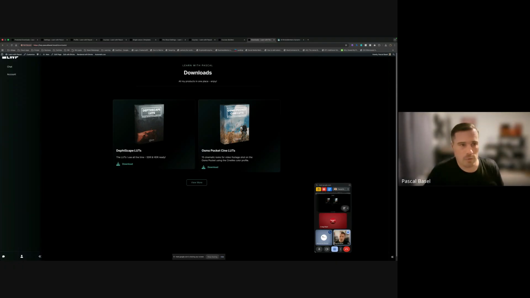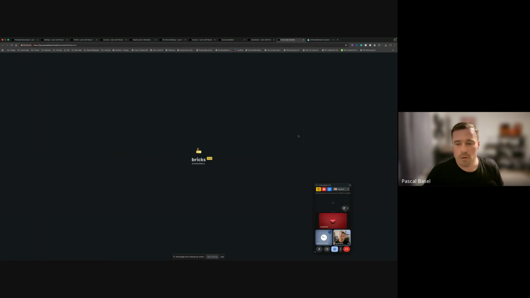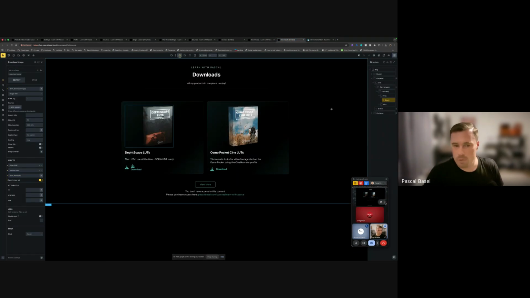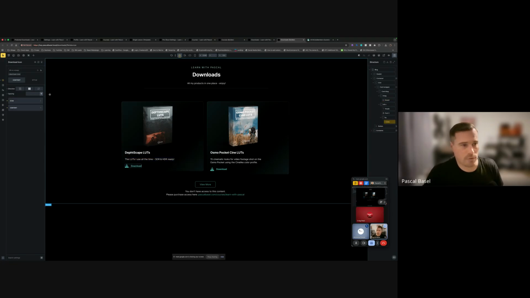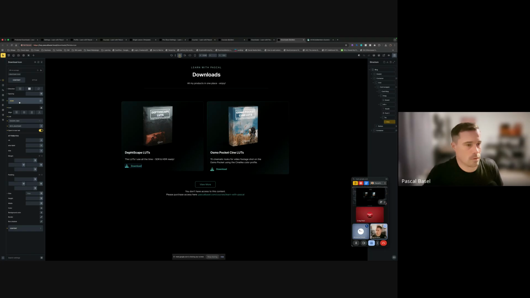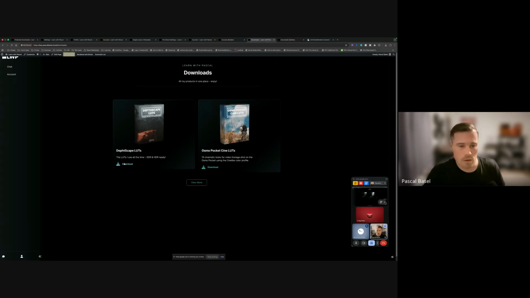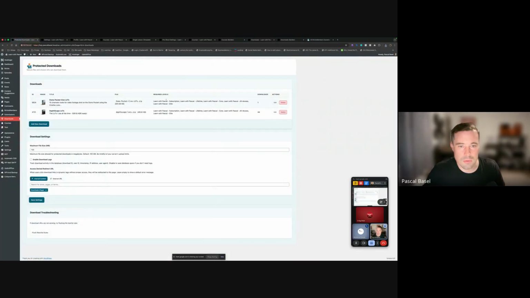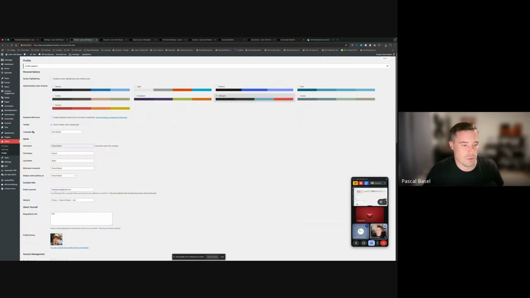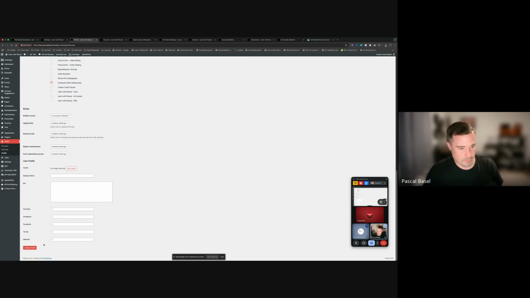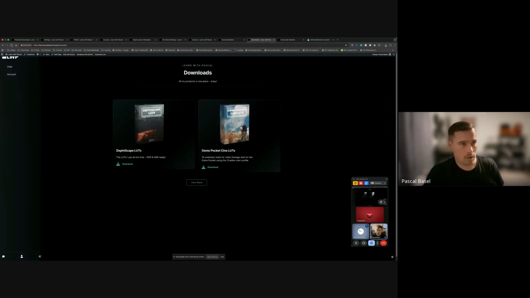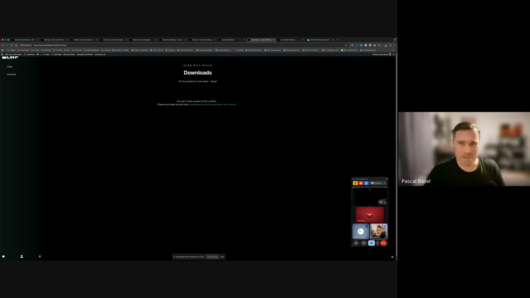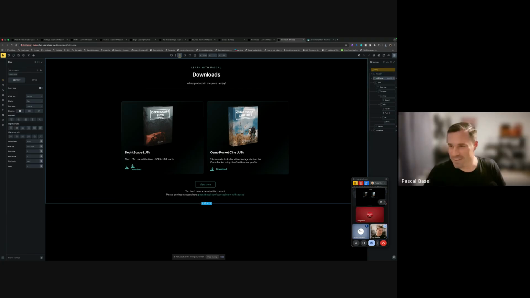Here, I can show you that. This is also, again, your query loop, a query loop with dynamic tags for downloads. Let me quickly show you. Download icon. Here you see BRM download, which just puts out the URL. Now I click on that, and it downloaded because I have the correct user level. What levels is it? Only the Learn with Pascal stuff. So if I now unassign that user level,